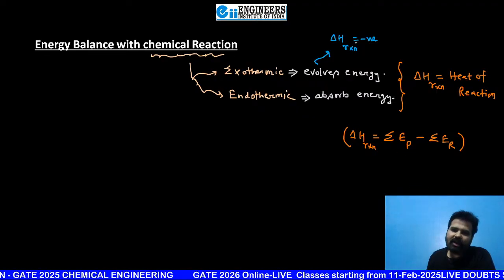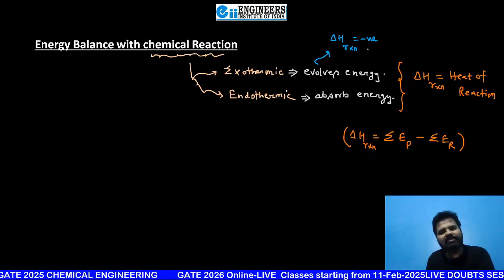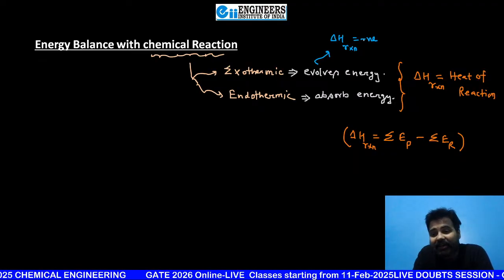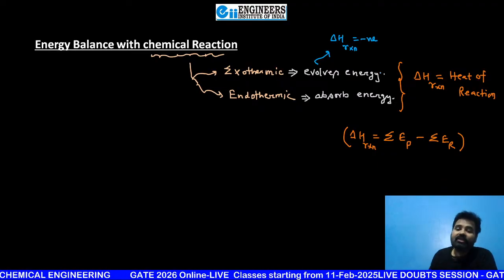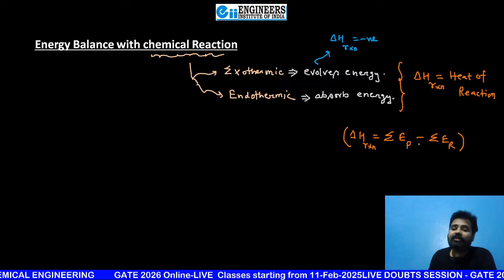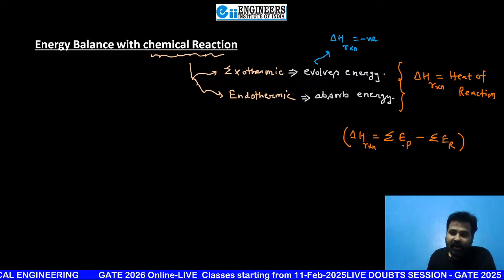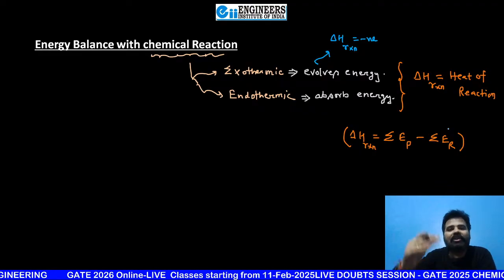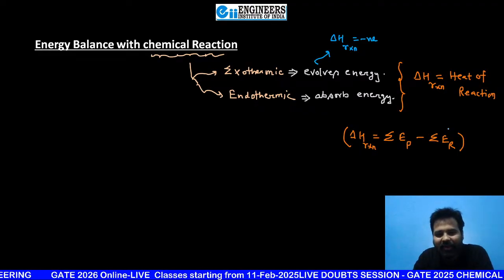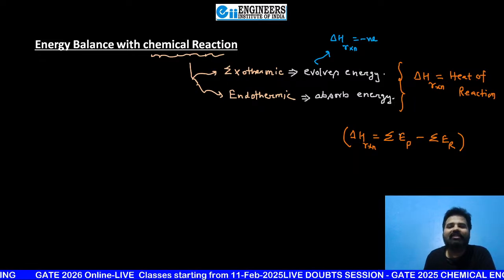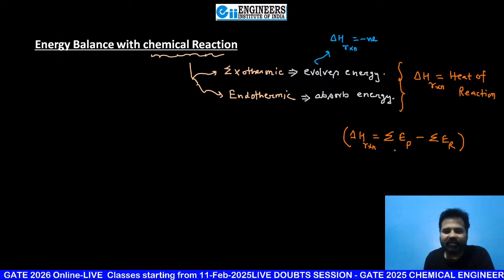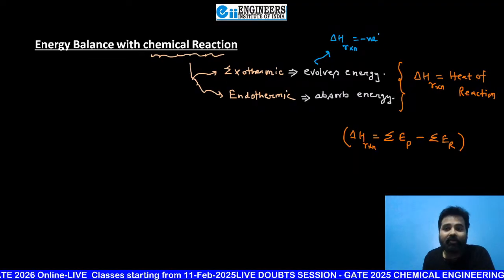But sir, you are telling it is negative. Don't worry. Whenever I write EP and ER, it's total energy including its chemical energy, in terms of chemical energy. Now your reactants are going to evolve some energy, so definitely the products now have less energy. This chemical energy difference is termed as heat of reaction.